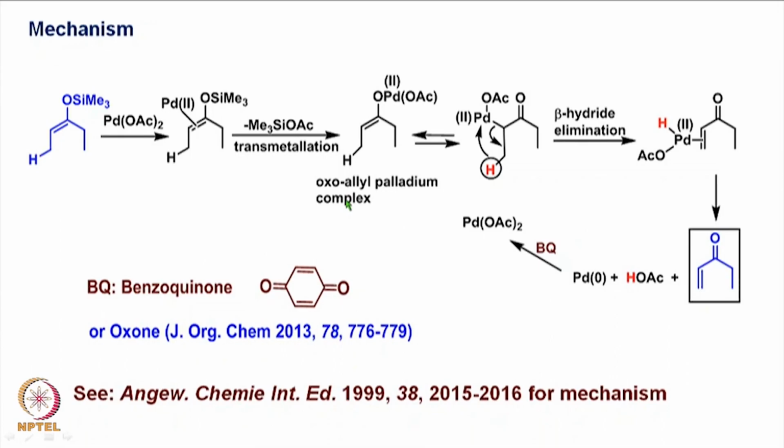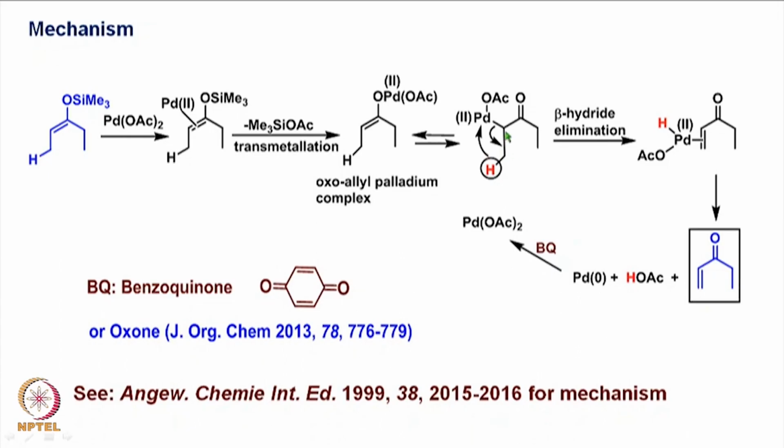This results in the formation of an oxoallyl palladium complex, which is in equilibrium with this particular palladium species. Now in this case you have an oxygen palladium bond, and since it is an enol ether type of species, it breaks and can form a carbon palladium bond. In both the species the palladium remains in oxidation state of 2. Now these two species would be in equilibrium, and this particular species has a hydrogen at the beta position,